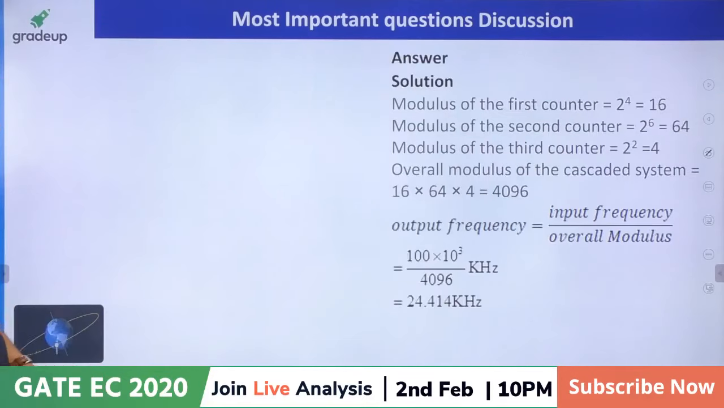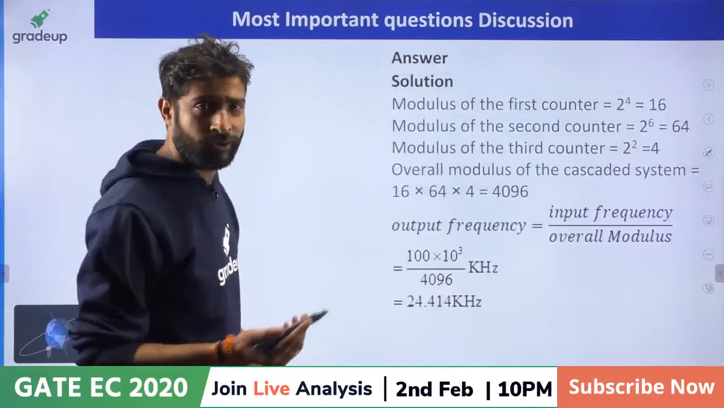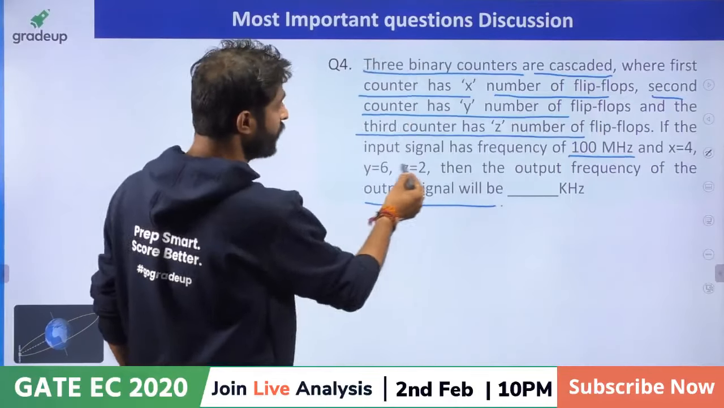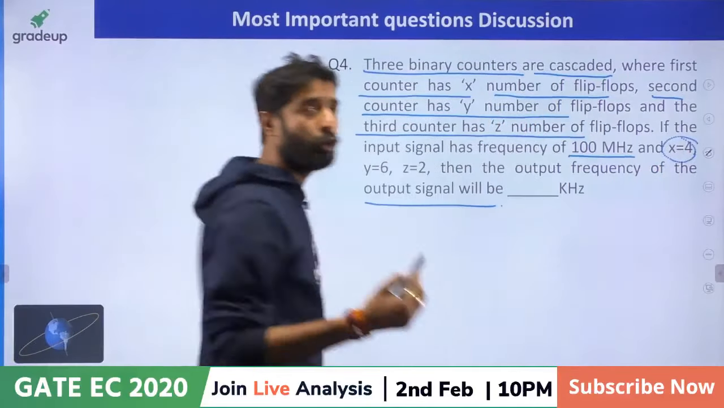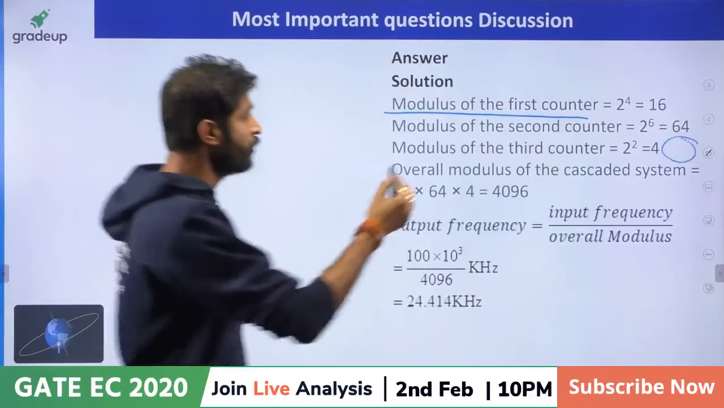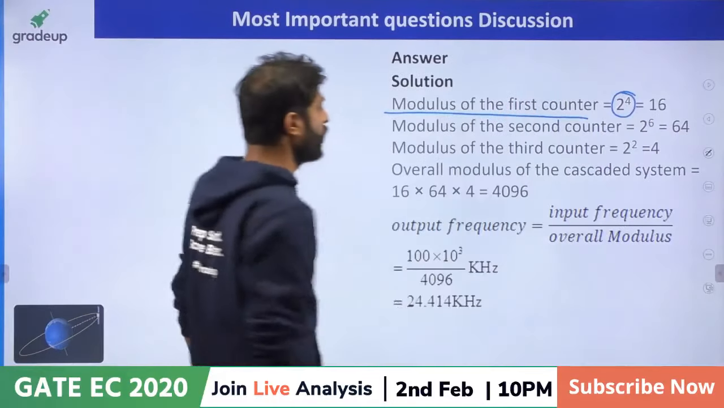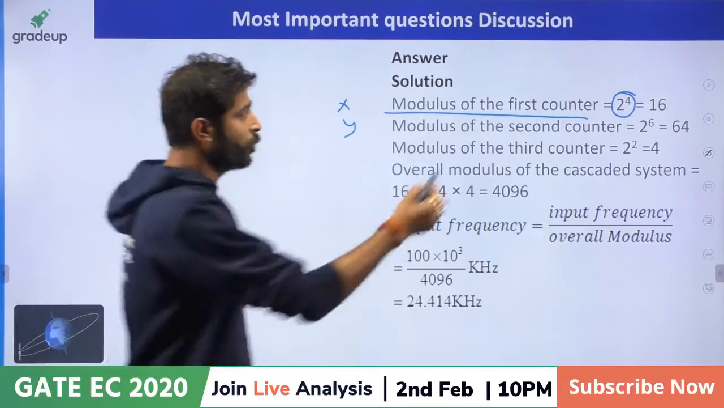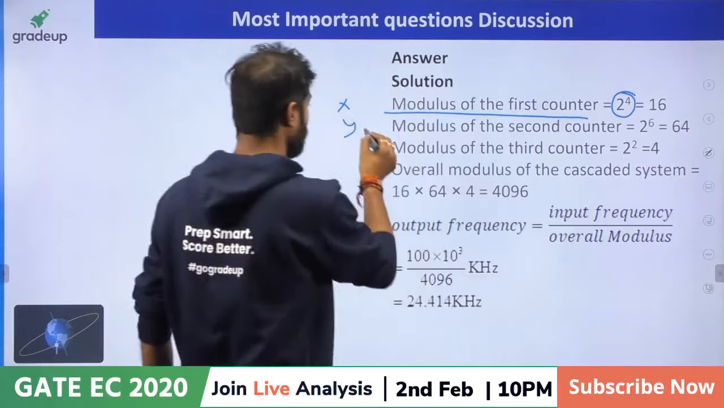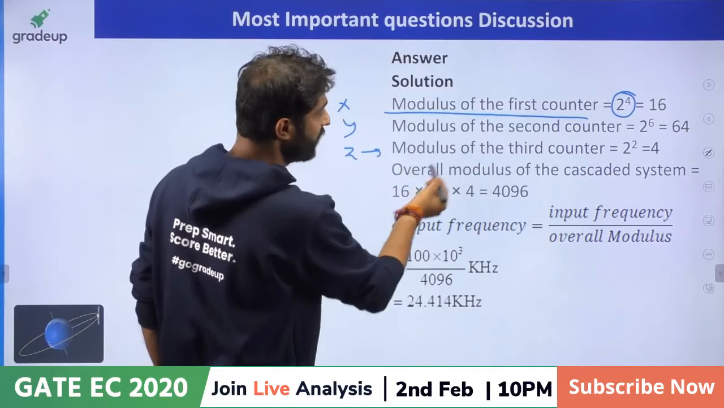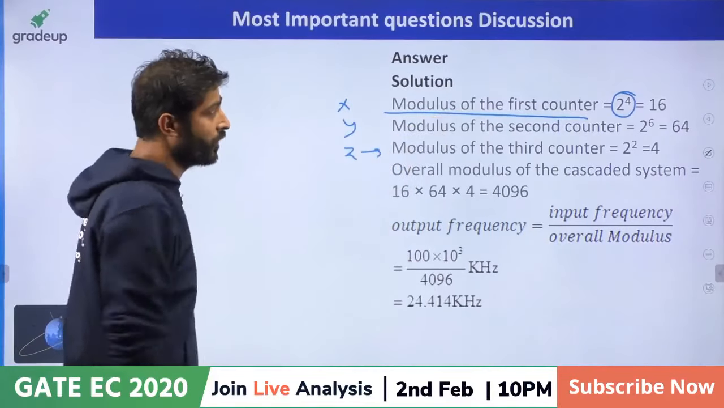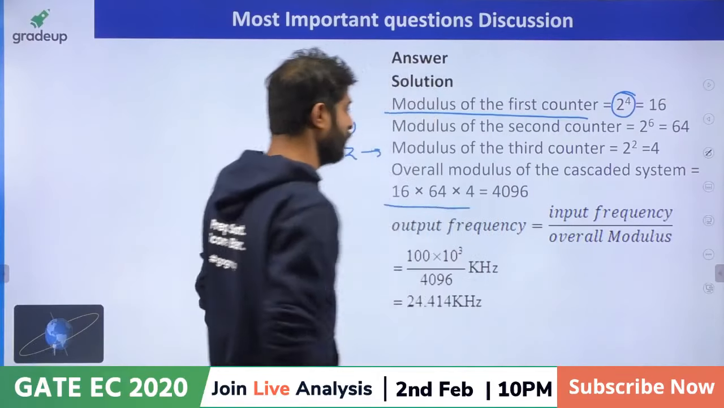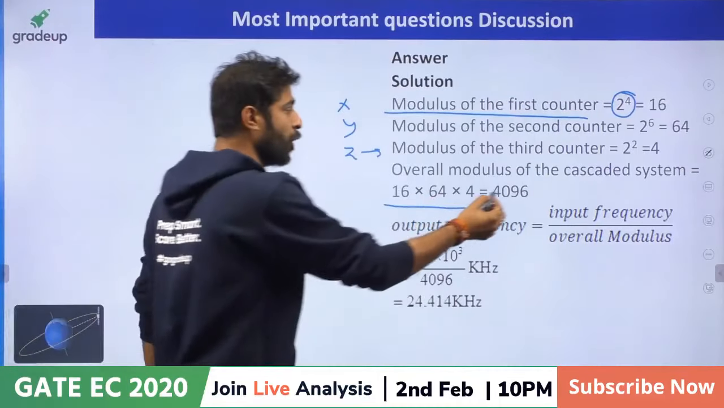Okay, so if you want to solve, it is a binary counter of course, right? So the modulus of the first counter is what? x is 4. So of course 2 raised to power 4 is the first modulus, right? For y it is 6. So 2 raised to power 6, 64, right? And for z it is just a 2. So 2 raised to power 2, it is a 4. So overall mode of the counter is 16 into 64 into 4, that will become 4096,